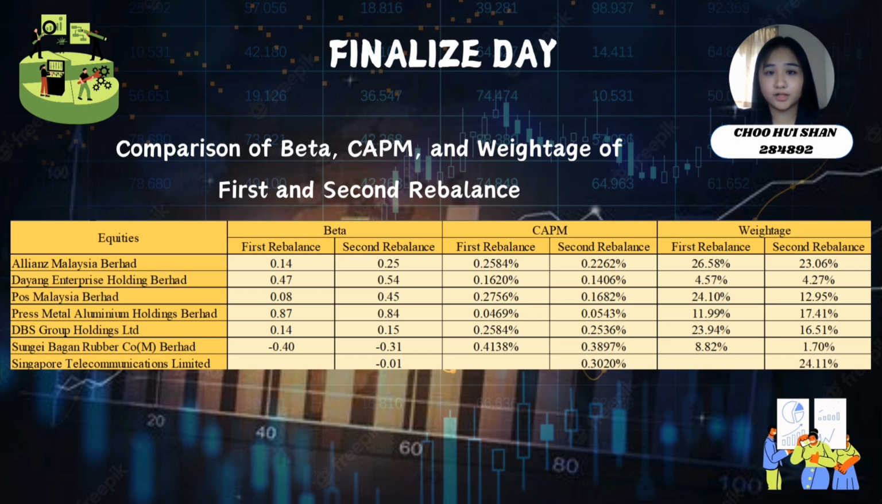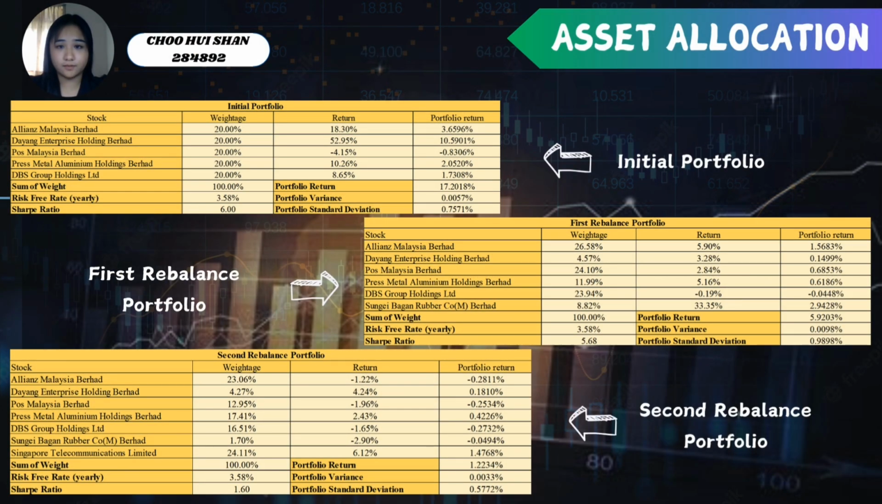In addition, Singapore Telecommunication Limited also recorded a negative beta with a value of negative 0.01, along with the second highest CAPM, which is 0.3020% in the second rebalance. Thus, we chose to allocate to it the greatest weightage, which is 24.11% in the second rebalance. According to the result of CAPM, there are no adjustments following the second rebalance portfolio